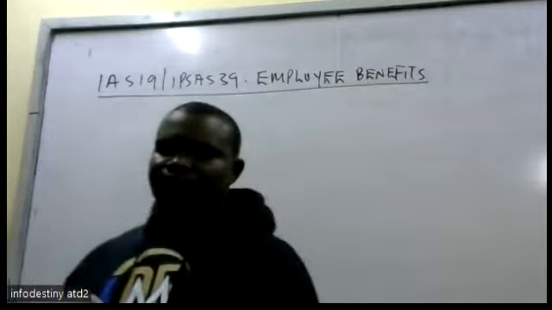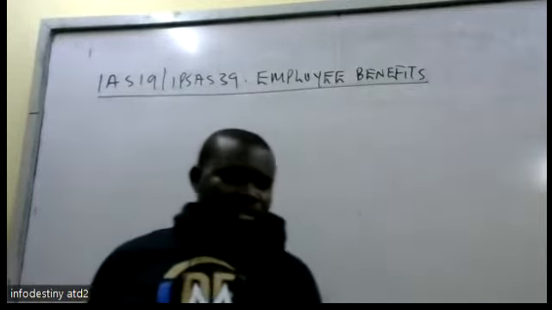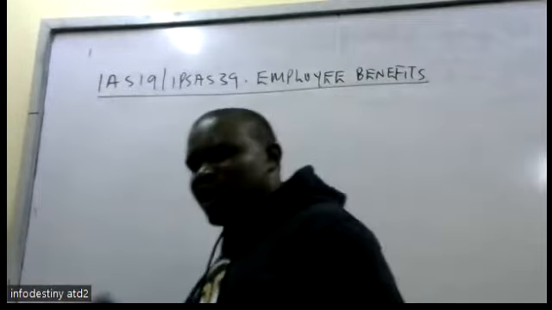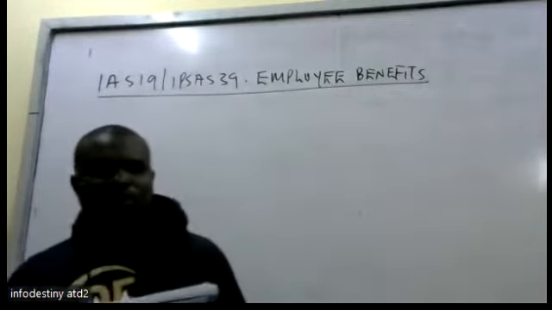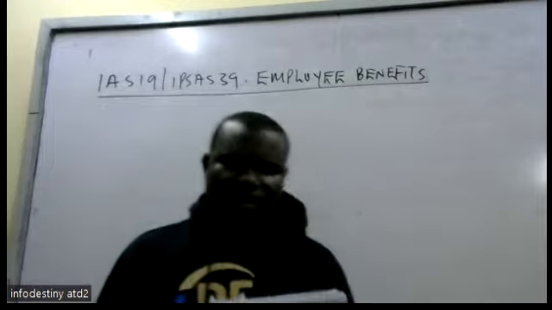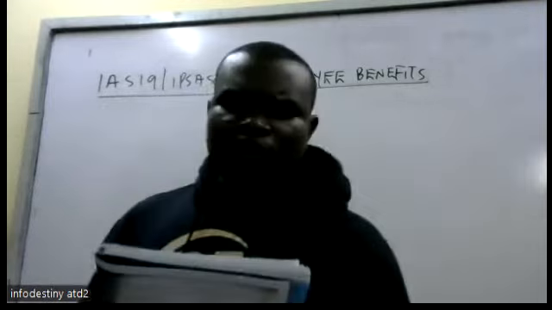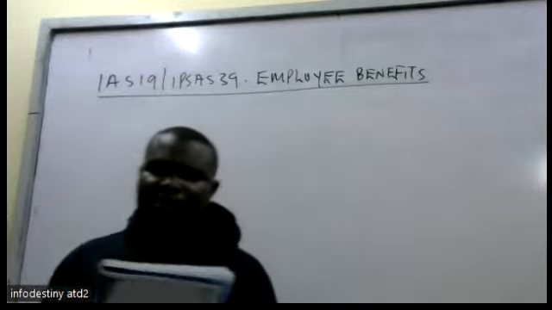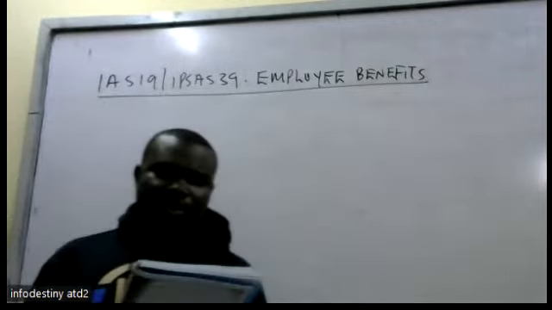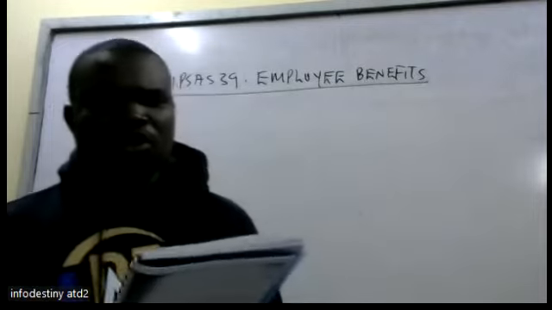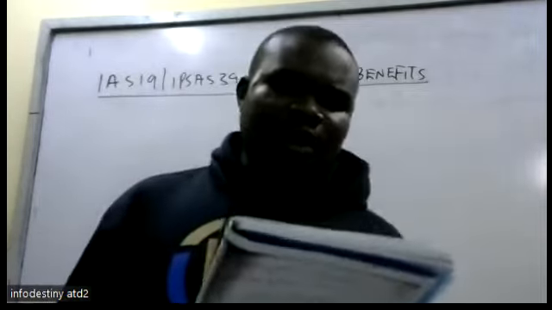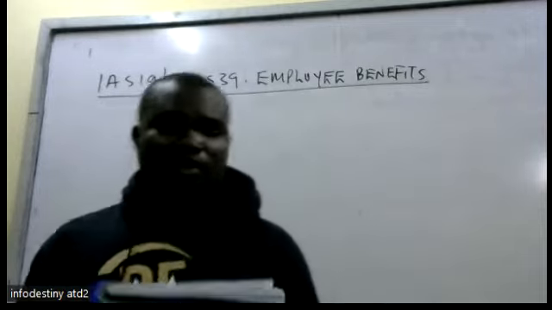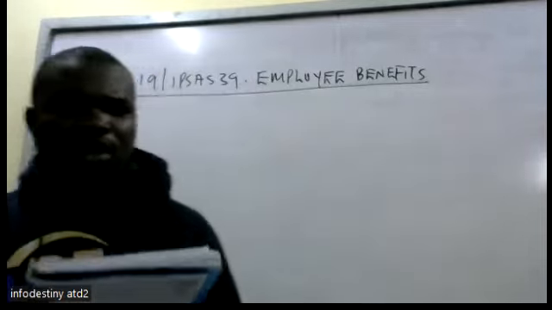So the objective of IAS 19 is to prescribe the accounting and the disclosure for employee benefits, requiring an entity to recognize a liability where an employee has provided services, and to recognize an expense where the entity consumes the economic benefits from an employee's services. Examples of employee benefits: we have salaries and wages,